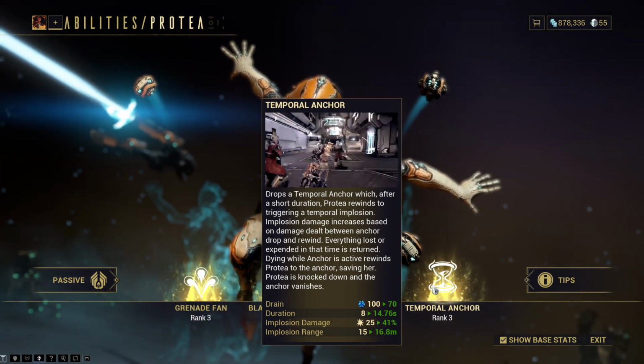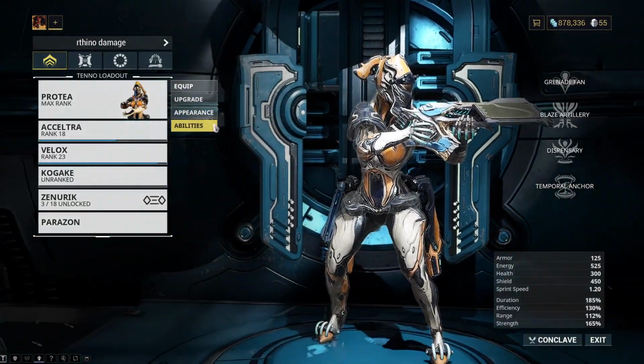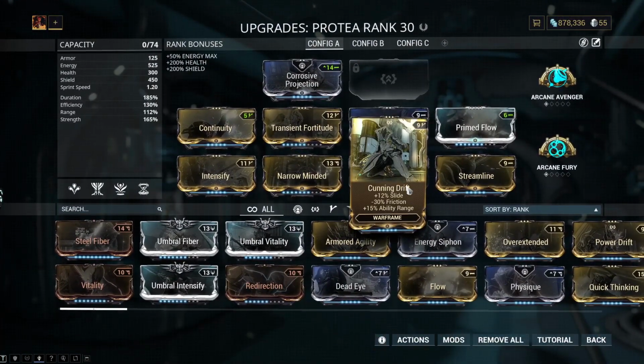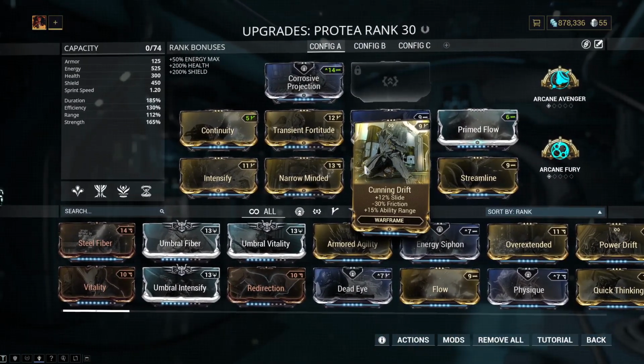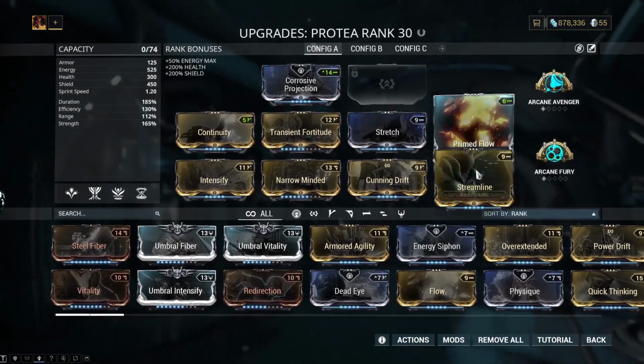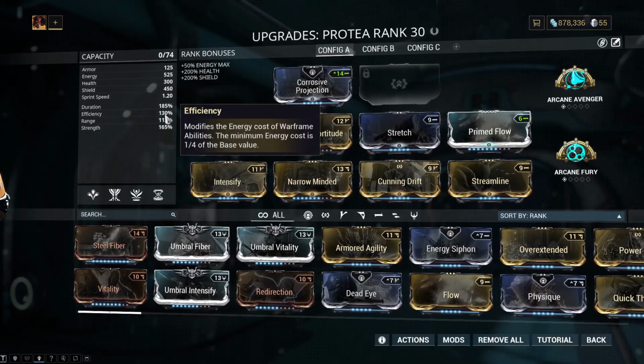It is great. Now, I will go over my build quickly because it is a very basic build. The only thing I would do is rip out Cunning Drift and really add whatever other mod I could afford right now. Honestly, I'm not too sure. I might add...